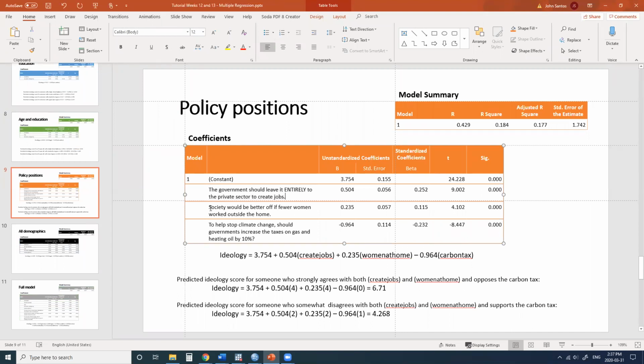And then social conservatism, we're going to operationalize using support for traditional gender roles. Society would be better off if fewer women worked outside of the home. This is coded 4 as strongly agree, because that's the more conservative position, and 1 as strongly disagree, which is the least conservative position. And then, to help stop climate change, should governments increase the taxes on gas and heating oil by 10%? So this is how we've operationalized carbon tax. And we can quibble about whether or not these are the best ways to operationalize it, but this is